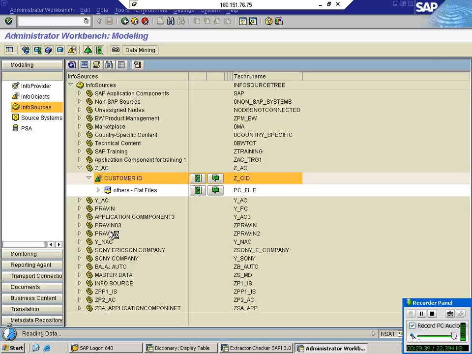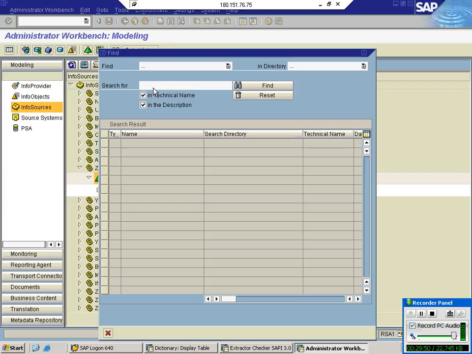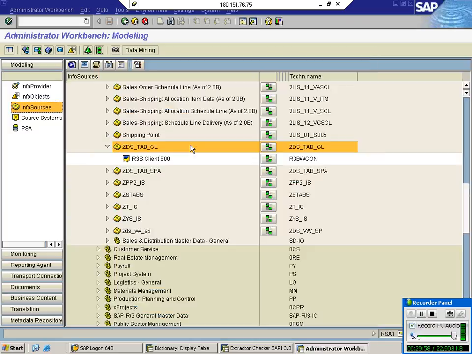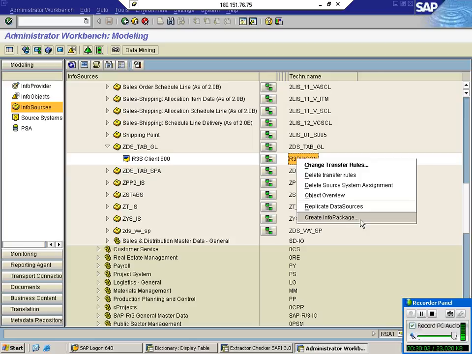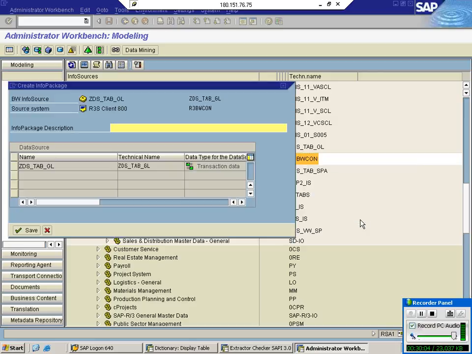We have to create an info package. Find the info source. So this is our R3 system. Take a right click. What is the option? Just save it.